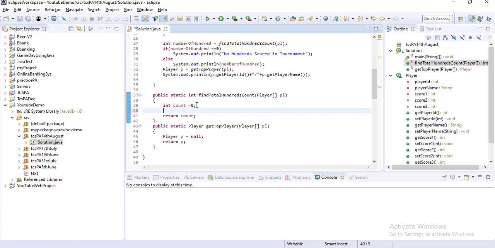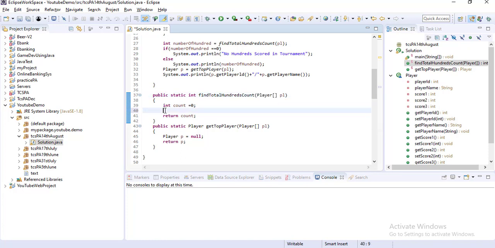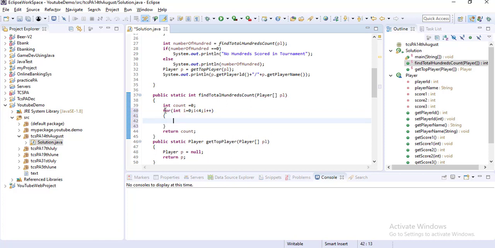For this method, we are passing the player object array, and it contains 4 values. So here, iterate a for loop: for int i equal to 0, i less than 4, i plus plus. For every iteration, you have to count the total number of hundreds.